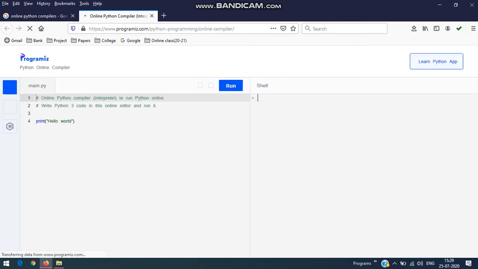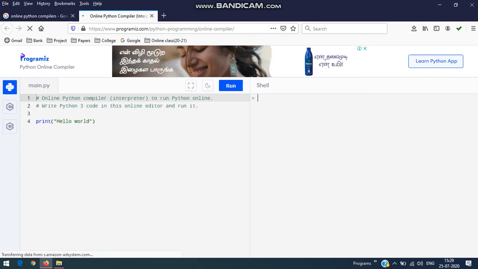For running Python programs in an online compiler, you need not install anything. You can directly open the browser and start typing your program. By default it is written as print hello world. You can write programs on the left side and click on the run button. The output will be displayed on the right side.